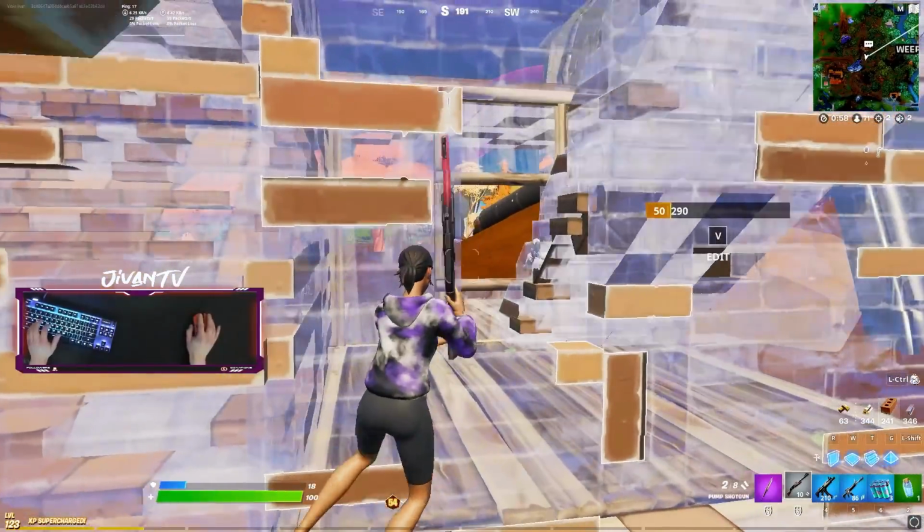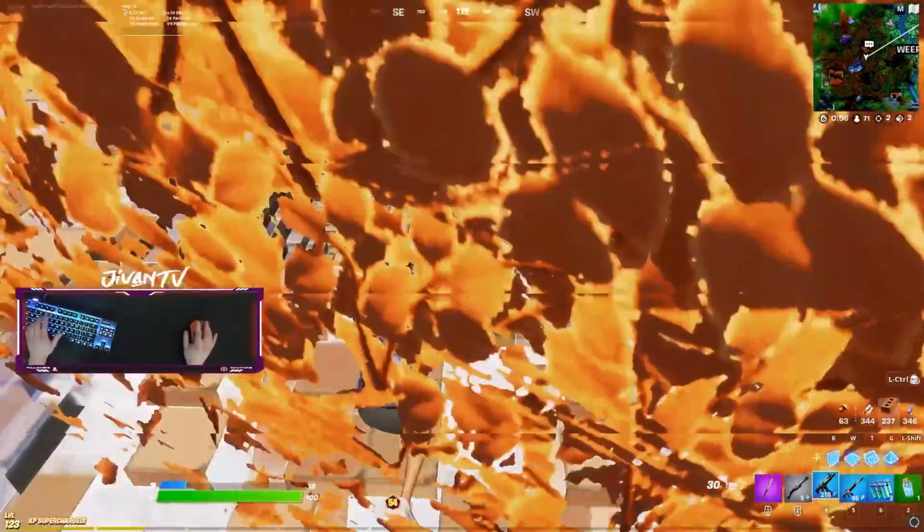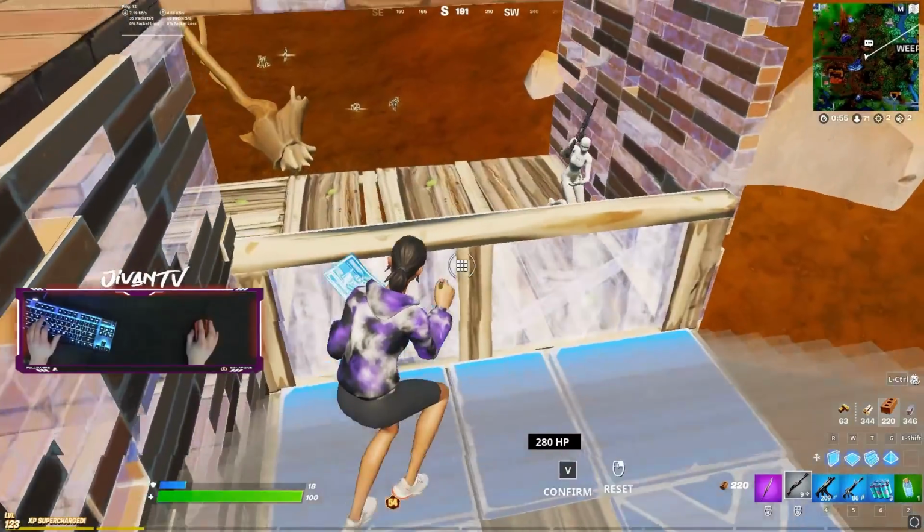After that, I went for the window mongrel edit out the side here. Almost got him with it. It literally looks like the bullets are on him, but either way, we did it safely so we didn't take any damage. Now right here in the fight, you may be thinking, Jivan, you're putting yourself in an awful position